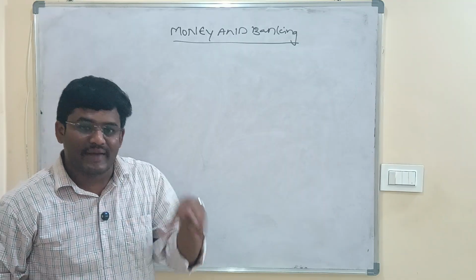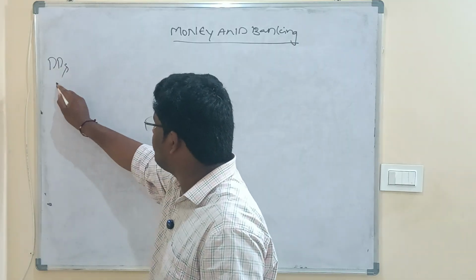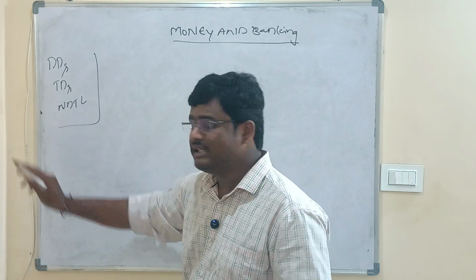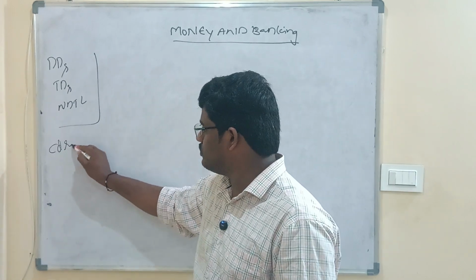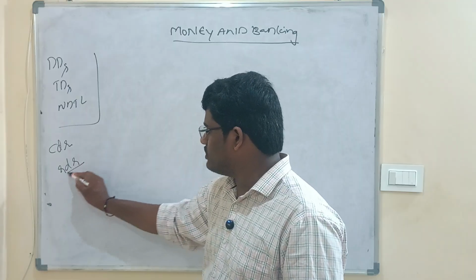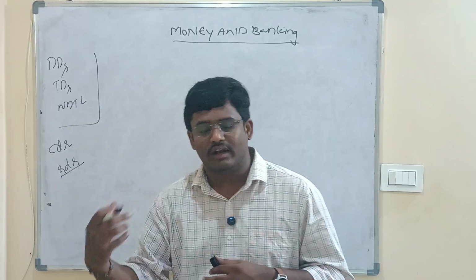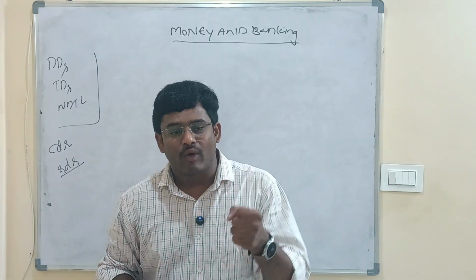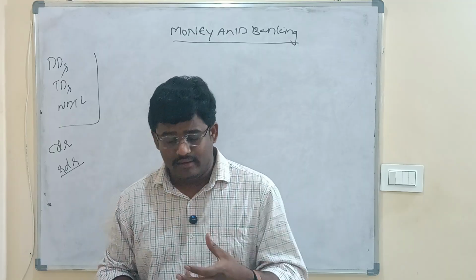We have two different types of deposits, which are DDs and TDs. We have discussed in detail the balance of a bank. Different things we have covered. We discussed what is CDR, currency deposit ratio, what is RDR, reserves deposit ratio, and why banks have to keep a part of deposits that are not being given as loans, what are required reserves, what are excess reserves. So different things we have done.